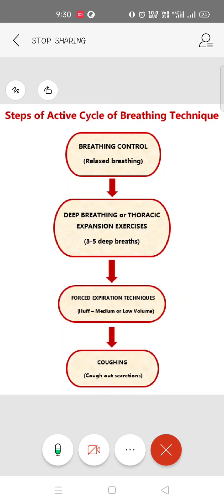Usually in this breathing control technique, the first one, the patient is asked to take 6 breaths. Now what will be your instruction to the patient, or how can this technique be performed? First, you will ask them to breathe in and out gently through the nose. That is a normal breath, not a deeper one, not a shallow one, but the normal breath that we take. If not possible, they can breathe out through their mouth as well.